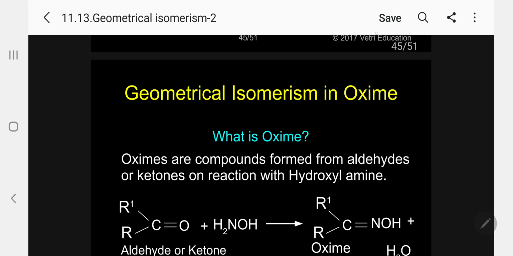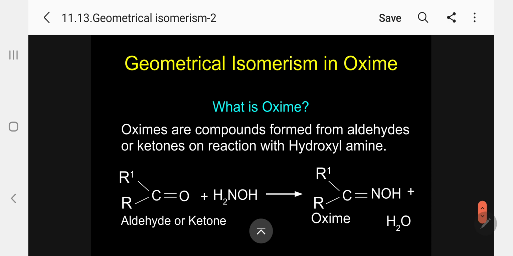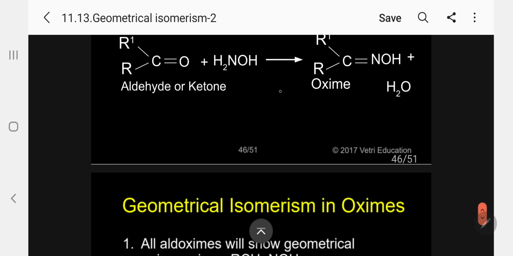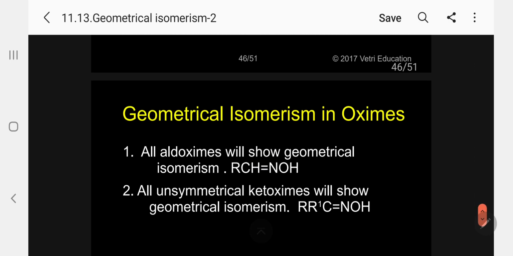Please follow. Now, let me give another important piece of information. Geometrical isomerism is also possible in oxime. What is oxime? You must have a clear idea. Oximes are formed when aldehydes or ketones undergo a condensation reaction with hydroxylamine; they will form oxime. See, for example, R-R' C=O. It will eliminate a water molecule to form oxime. So when these oximes are formed, I can write the structure in different ways. Kindly follow. So let me give the information to you.